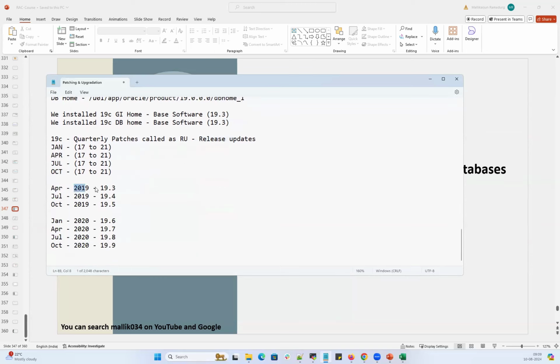April 2019, 19.3. That is the date and time when they released the 19C software, April 2019. After that, whatever quarterly patch you apply, your patch output looks like this. That is 2020. And if you download any 2021 patch and apply it,